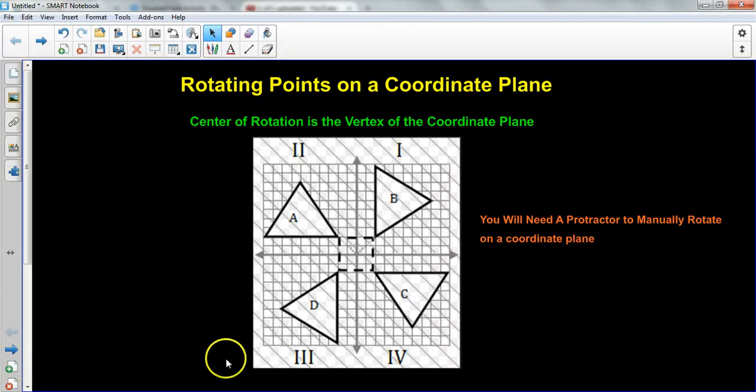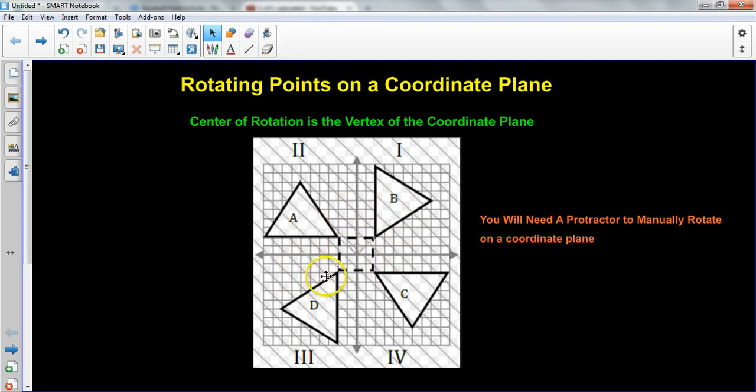Okay, we want to rotate on a coordinate plane. The reason that we might want to do that is because coordinate planes have scale. All these lines have equal length, equal unit measure. Say they were inches, or if we wanted to measure, we could do scale factors because of the unity in